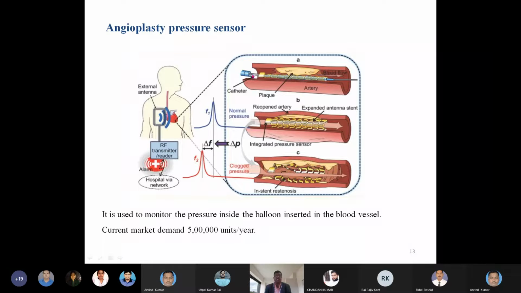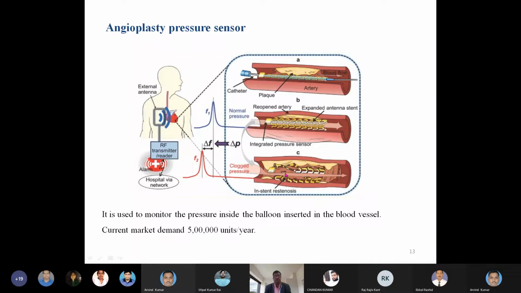So a catheter is inserted along with the sensor system. This is a pressure sensor, this is a catheter, and the catheter inside the stent system is permanently provided here, and there will be an external antenna. So whenever there is a collision in the system, even when you provide the stent, there will be